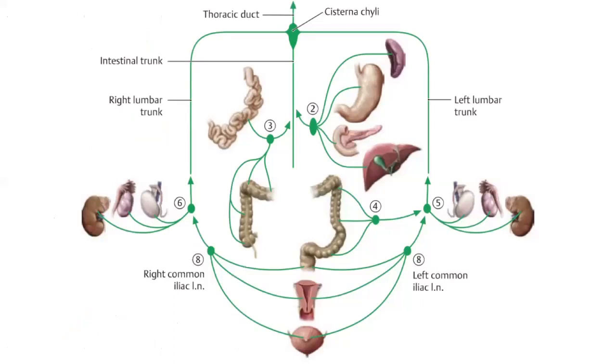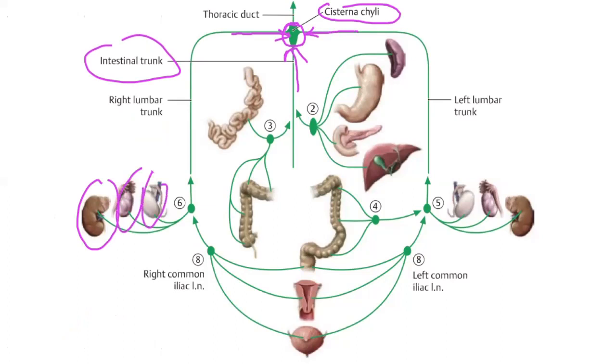This is the cisterna chyli. Okay, cisterna chyli is formed by the intestinal trunk, which receives from intestines, stomach, and liver, right? And the right lumbar trunk and left lumbar trunk. All these confluence and form a saccular dilatation called the cisterna chyli. Right lumbar trunk receives from adrenals, kidneys, right? And also from the lower limb, and also from bladder, uterus, testes, and so on, right?